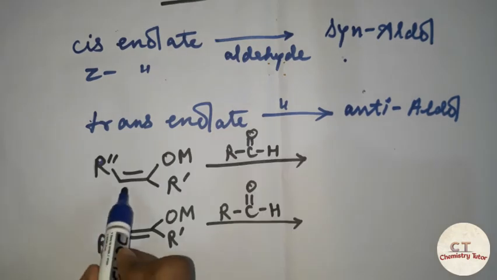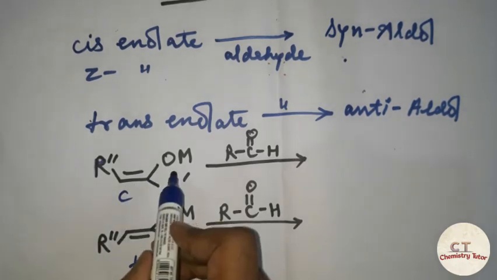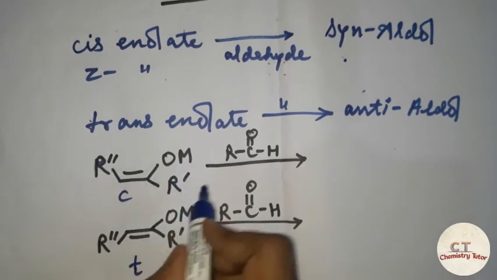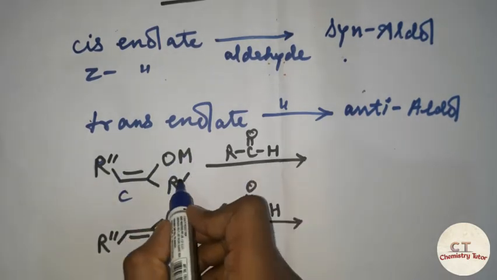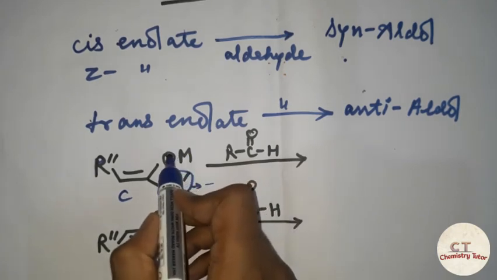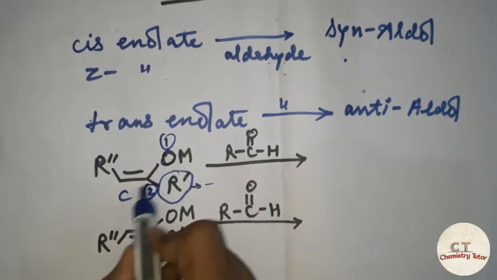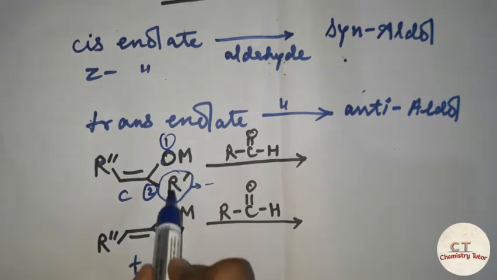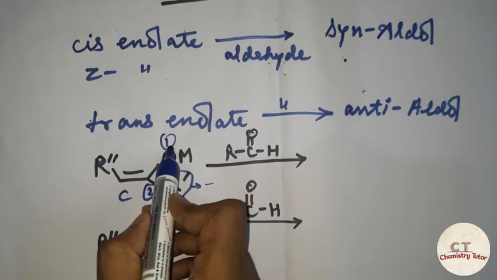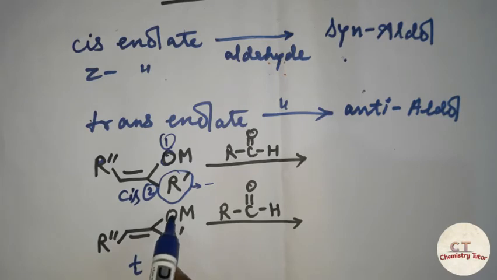Now, this is an example of cis-enolate and this is an example of trans-enolate, okay, and this is an example of cis-enolate. So here, how can we consider these as cis? Now in case of enolate, irrespective of whatever group this may be, whether it is a larger group as compared to this or whatever, always give this group as number 1 and this group as number 2, and don't consider the CIP rule here, okay. So whenever you get number 1 groups on the same side, these groups are cis, so it is a cis-enolate, and in this case these two groups are trans, so it is a trans-enolate, okay.